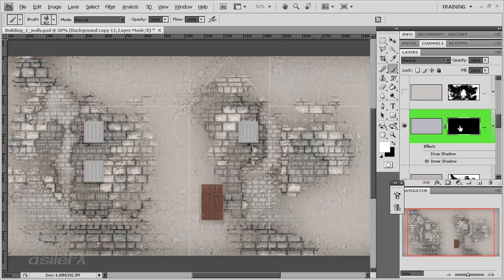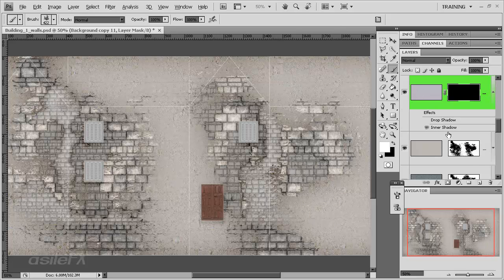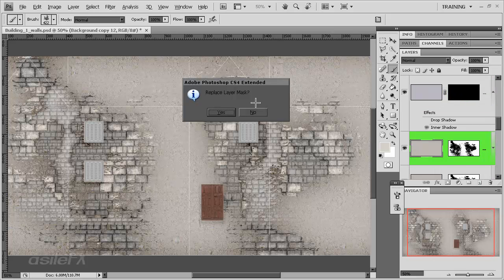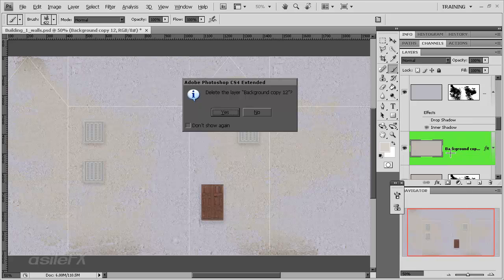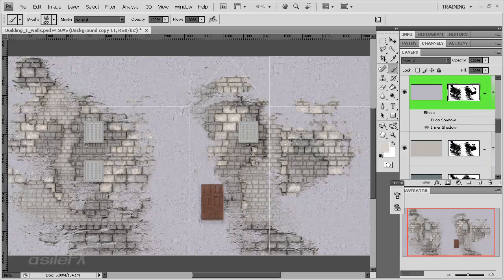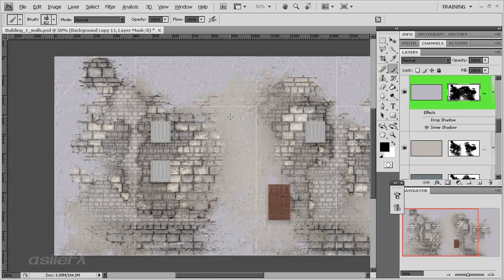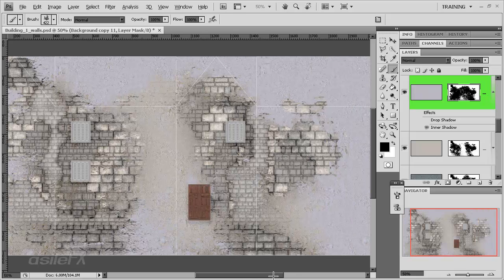Now if you want it to be exactly the same as the other one, you would need to use the same mask and just modify it. So just create a duplicate and then replace the other mask, and now we can switch to black and then just subtract. So this way we can end up with a nice color variation, so it's not all a bland color overall. And you can do that for basically any layer,